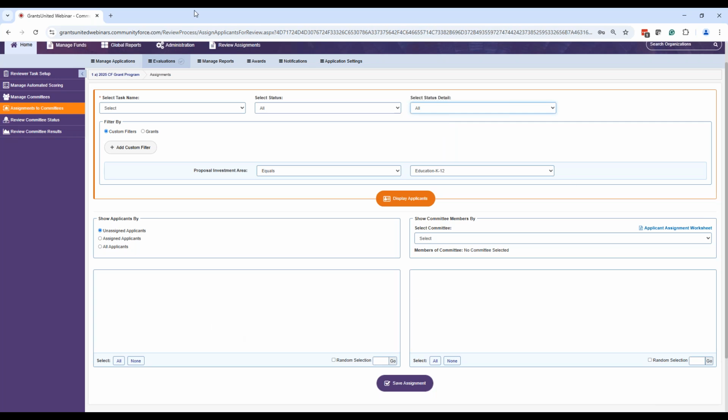Now, in the review process, the review is per task. So each task, you can do an assignment. And so then when I start displaying applicants, if I do the unassigned, assigned, and all, it's only going to give me the applicants that have been assigned or not assigned to this specific task. Everything's by task. So in my scenario, I have that education review,